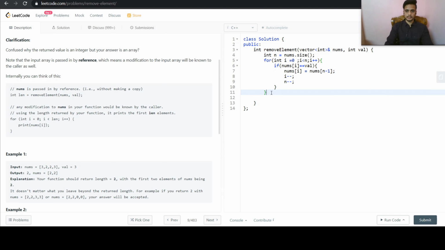And that is fine. And after that we will return, since we have to return the length of the new array, n. So it looks fine. Let us run the code.